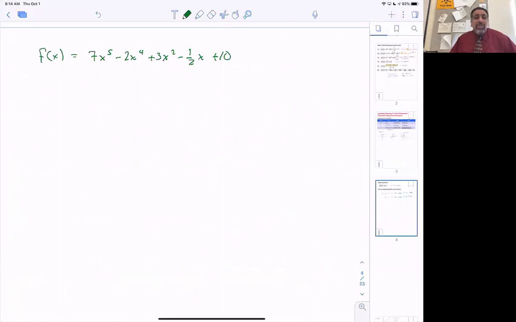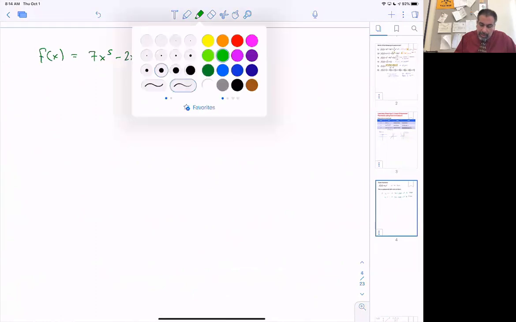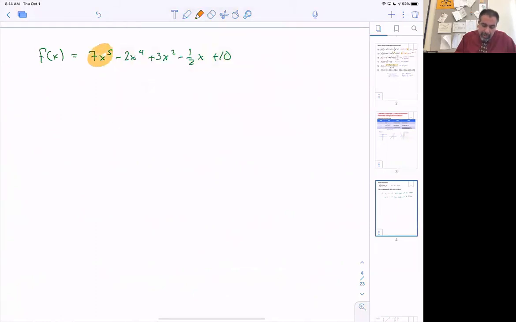And I ask, give me a general idea, a rough idea of what that looks like. All you've got to do is say, well, let's look at the leading coefficient. That orange piece right there, 7x to the fifth, is the power function in this one. And I know that because this is a degree 5,